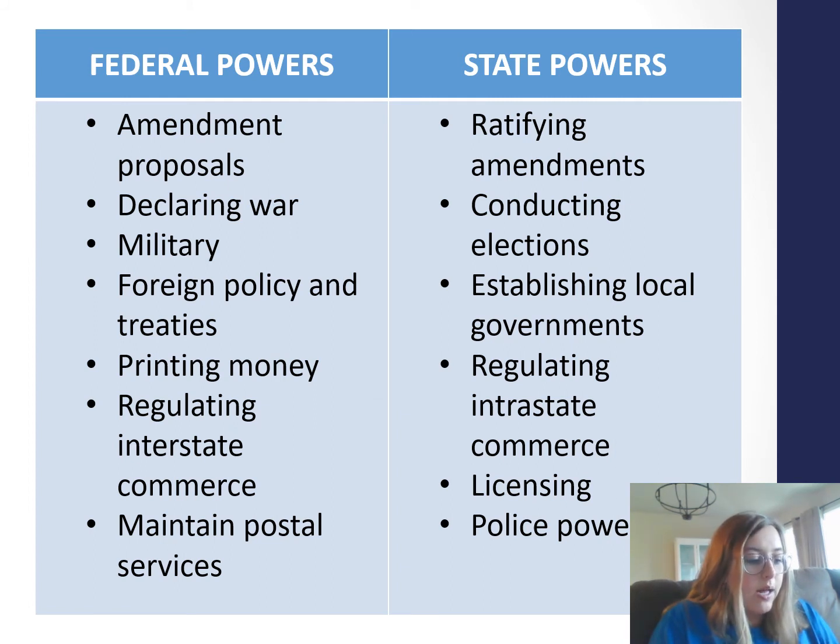So a couple things here regarding just what states can do, what powers they have. States on their own can do things like pass initiatives and referendums and have recalls, and these things that we don't really do at the national level. They can write that sort of stuff up in their constitutions. State constitutions tend to be very lengthy, so they can kind of lay all of that out how they want to do it.